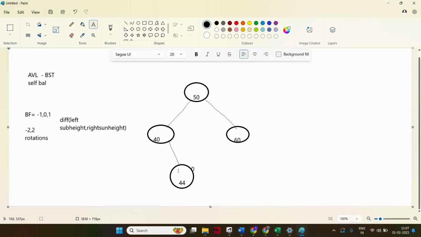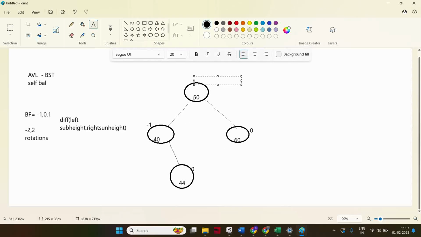Right subtree height is 1. 0 minus 1 becomes minus 1. The balance factor for 40 is minus 1. For 60, the balance factor is 0. Coming to the 50, the balance factor is